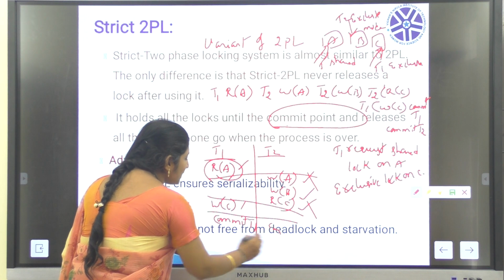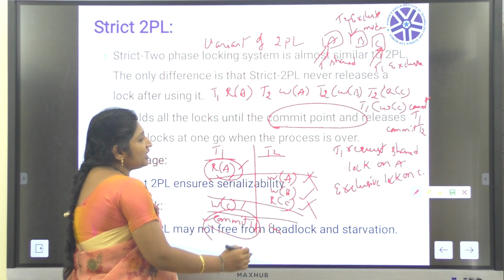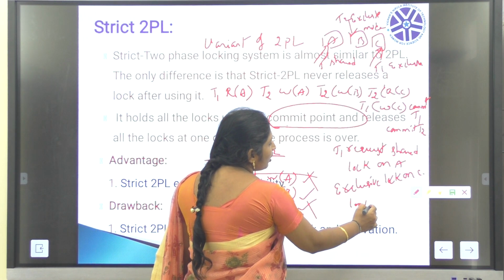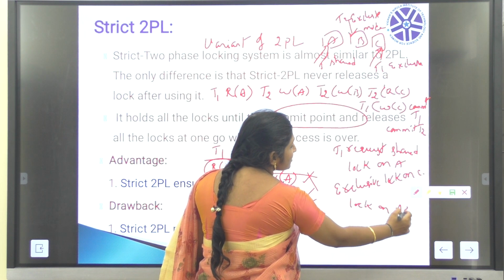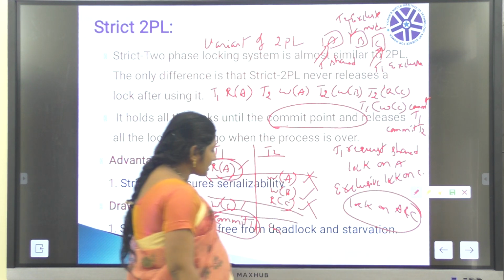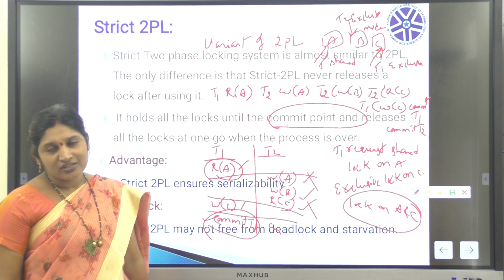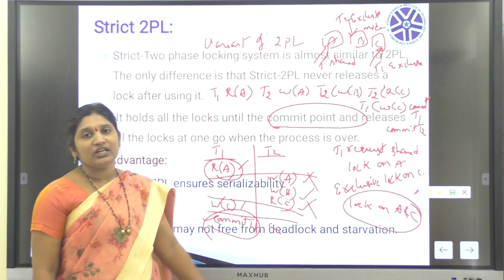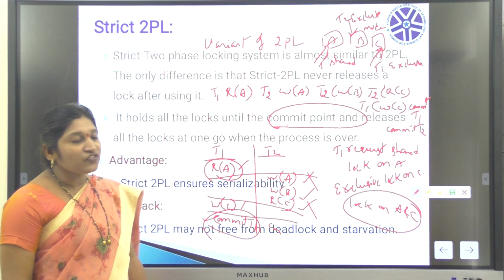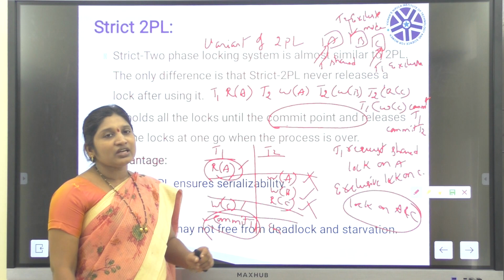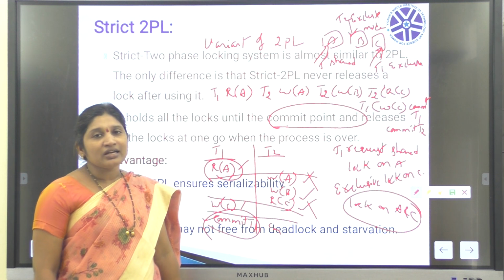Whenever it performs the commit action, only then does it release the locks on A and C. Until the commit is executed, it holds all the locks it requires. So at the point of commit only, it enters into the shrinking phase. It tries to release the lock on A and the lock on C.